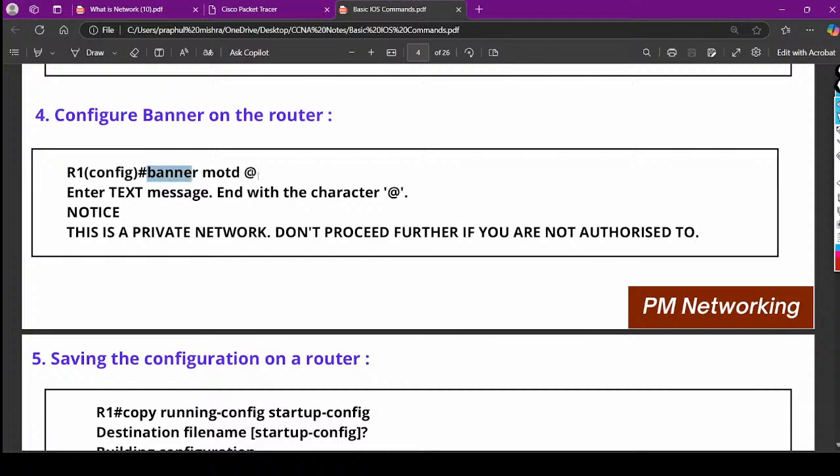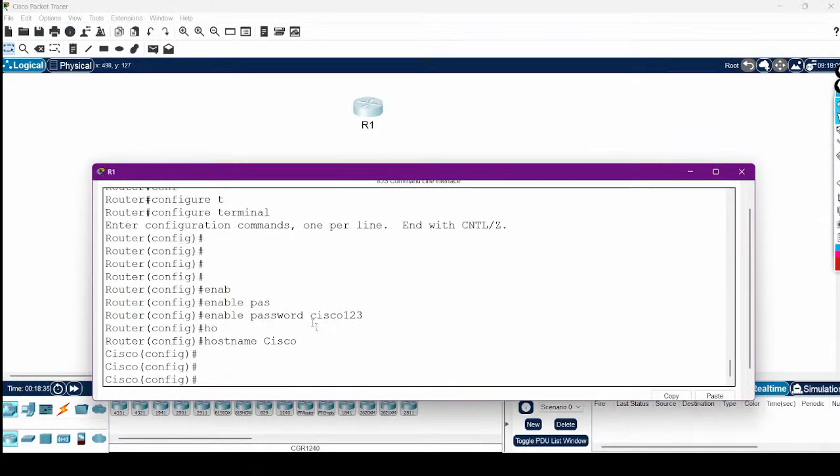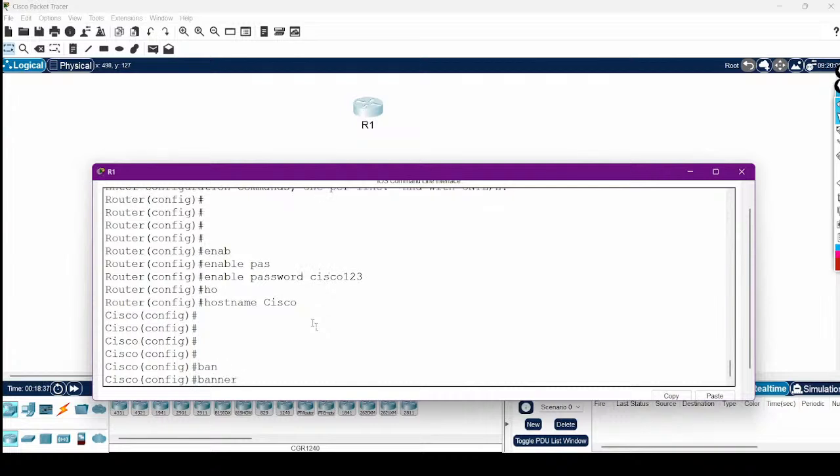Not only on a router, on a switch also. Banner MOTD, and then you can use any special character, hash, at the rate, right? And after that, enter the text. So for an example, here I am going to configure one banner. Let's say banner MOTD,